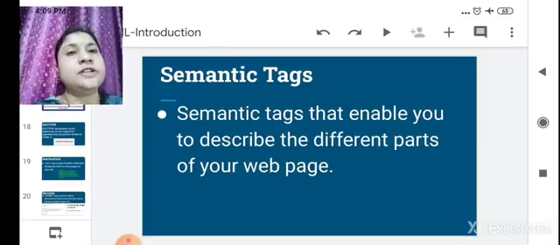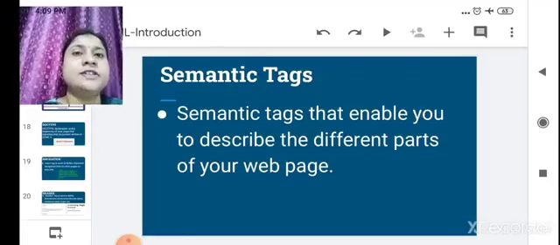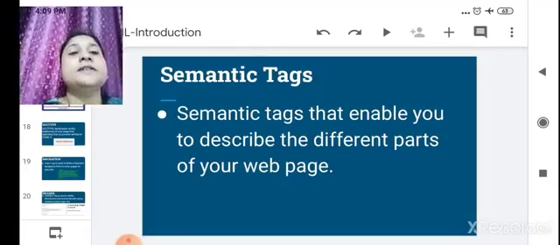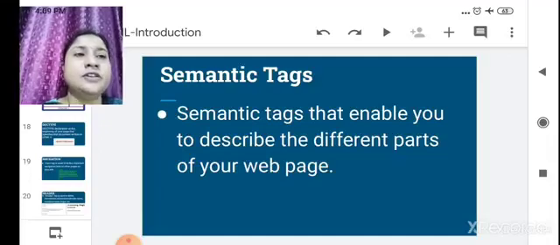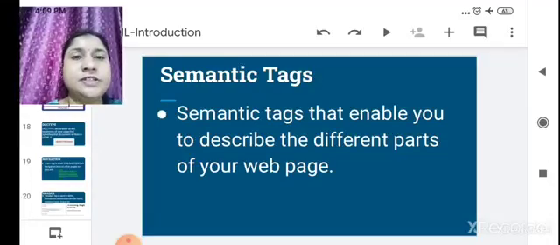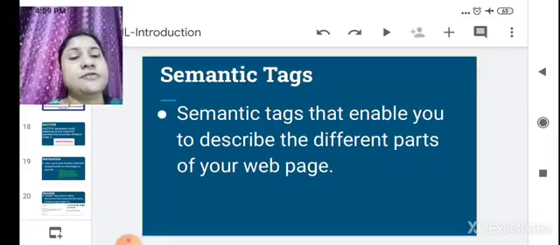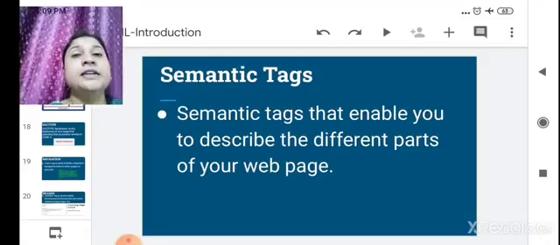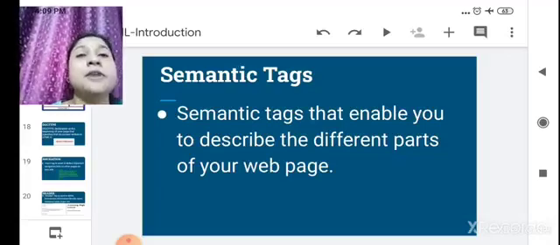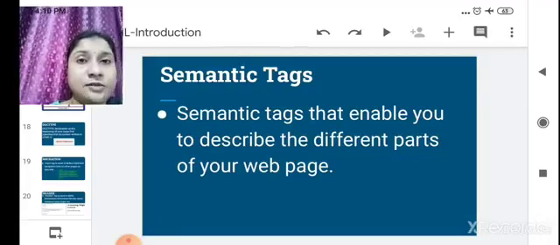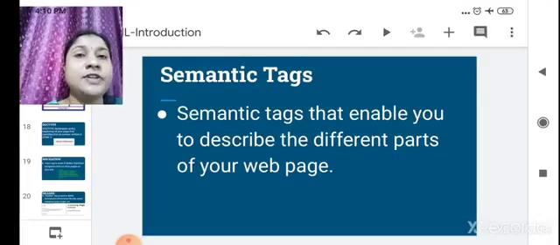Today we are going to learn semantic tags. What are semantic tags and what is their use? Semantic tags enable you to describe the different parts of your web pages. They also help the browser to understand the meaning of the content.